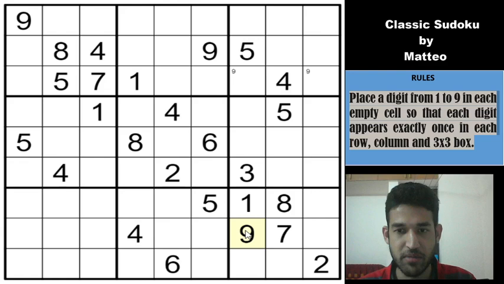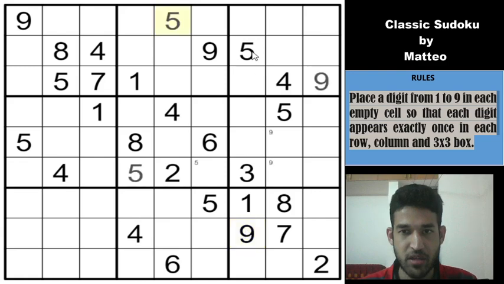There is a 5 in row 4 and row 5, so 5 goes in one of these cells, but 5 is here, so which means I get the 5 here, and that gives a 5 here. There is a 5 in column 7 and 8 and 5 in row 7, so which gives me a 5, and that gives me the final 5. Yes.